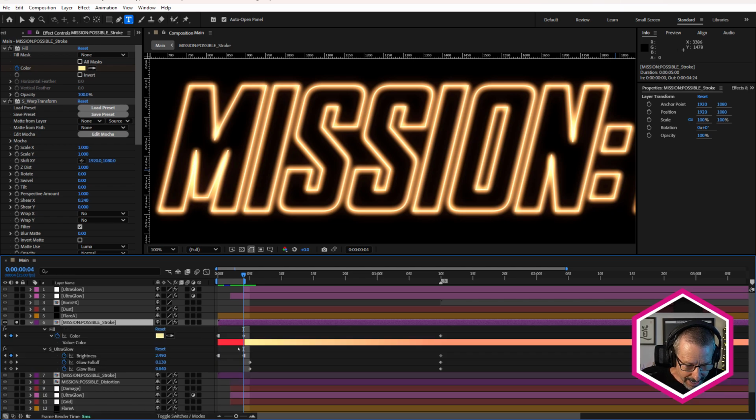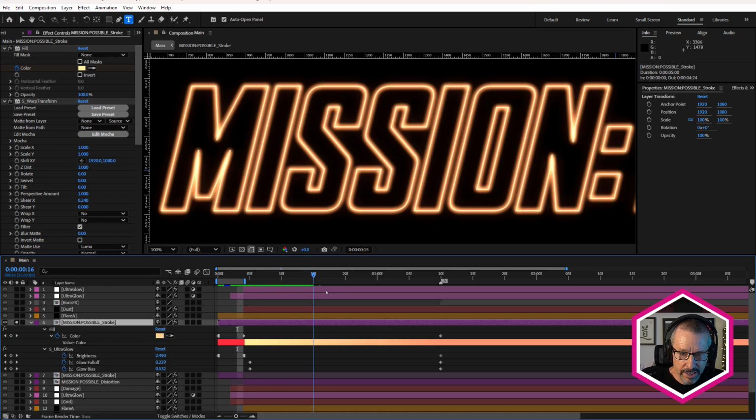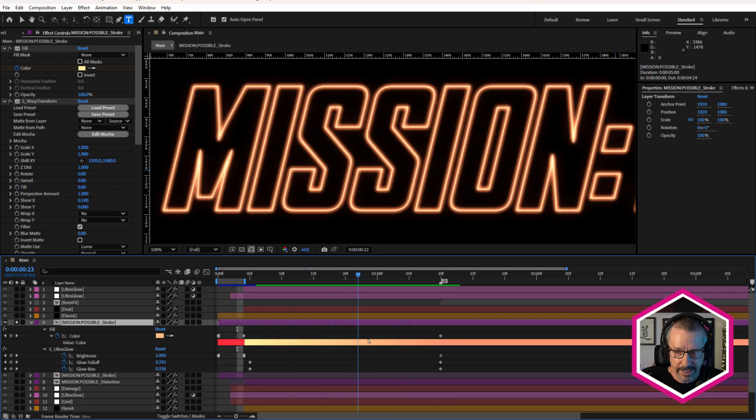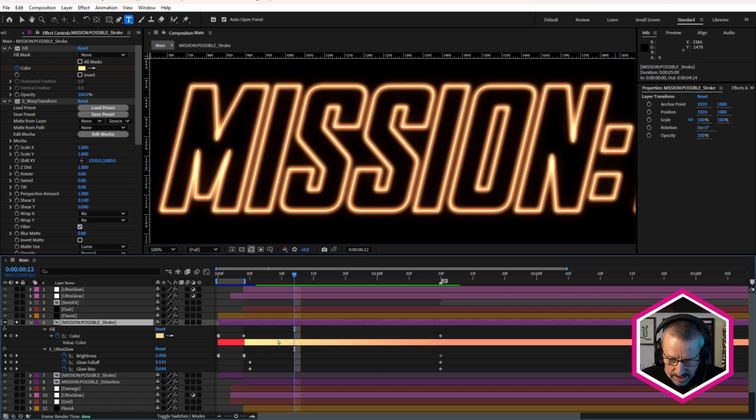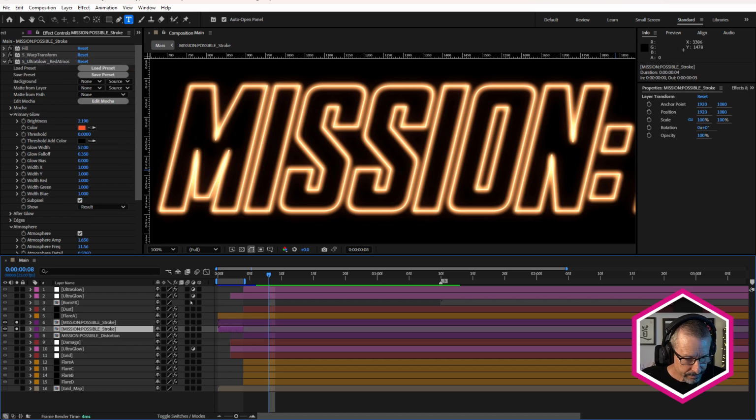This one here, you can see how I've keyframed the color to go from red to yellow. And then with Ultra Glow, I just keyframed the brightness, fall off, and bias. So it starts off really glowy, and then that glow kind of fades. Like I said, I tried to match the trailer, and that's why I've keyframed this the way I have. So we put those both together.